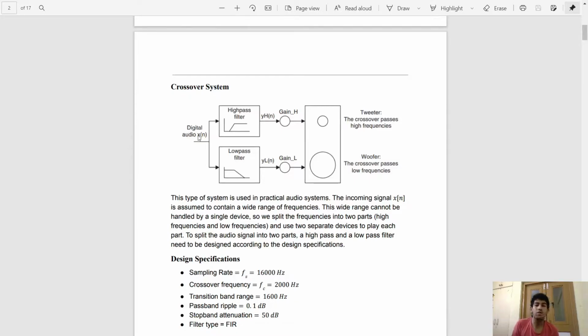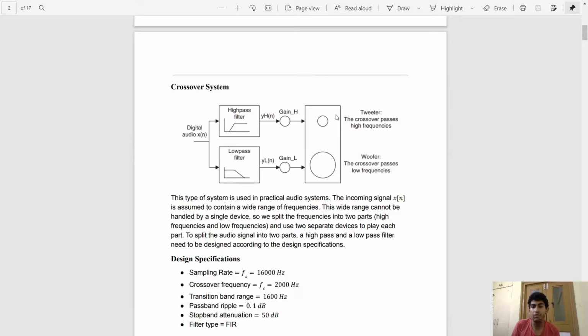So what the audio processing unit does is divide the signal into two parallel parts. The first part is fed into a high pass filter, the second part is fed into a low pass filter. The spectrum of the original signal is preserved, as the cutoff frequency of both of these filters will be the same, and then we'll feed these into a specific device which can play specific frequencies.